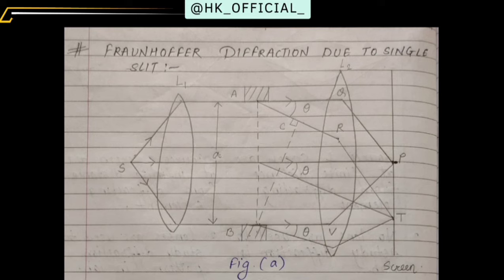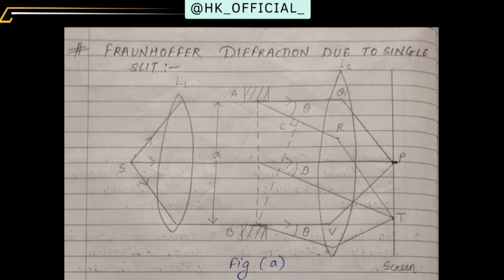Then the ray which is traveling in AR direction, that is coming to focus at point T. This point will be the point of maximum or minimum intensity, because here it depends on the path difference between them. If the path difference is more or less, on that consideration we can make out whether it is making maximum or minimum intensity. So here the diffraction is taking place, hence the point T is now the intensity point. So here the rays are coming to focus at point T.